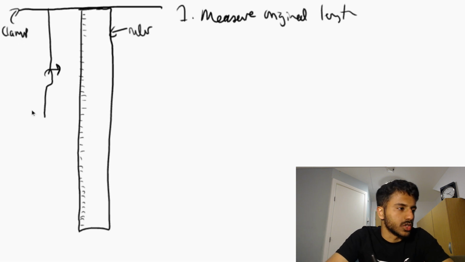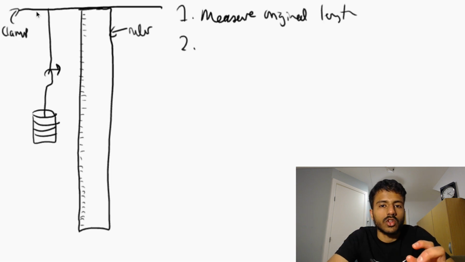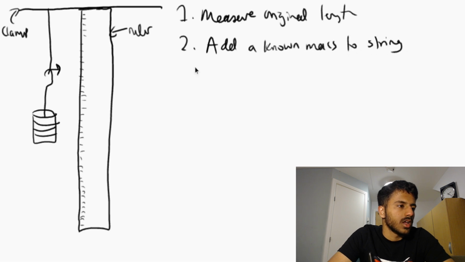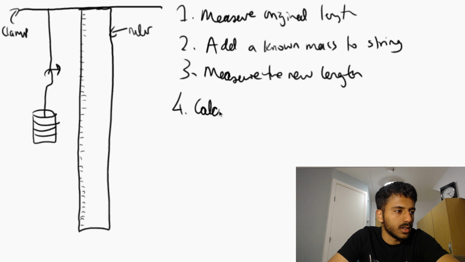And then what you're going to do is add some mass onto the string. And what you're going to see is the string is going to extend. So you're going to first of all add a known mass to the string. And what you're going to do is measure the new length. So with this, you can now calculate the extension, which is simply the new length